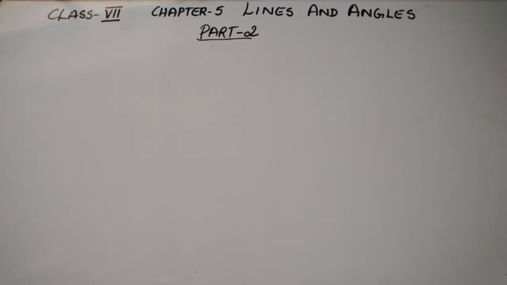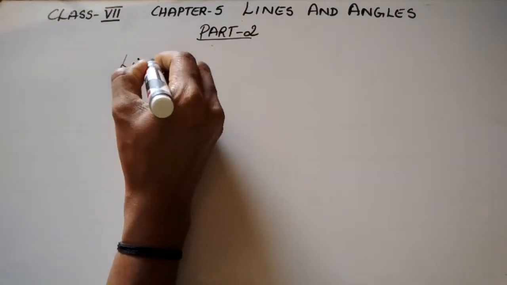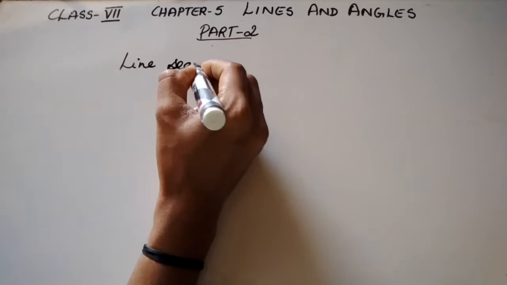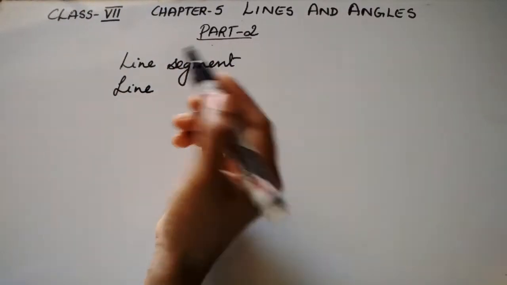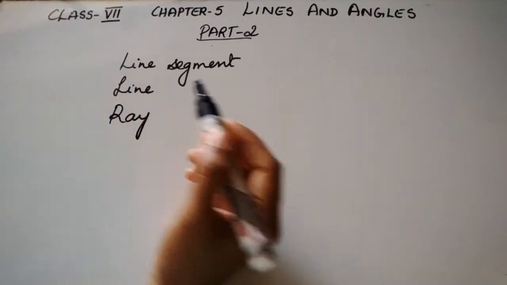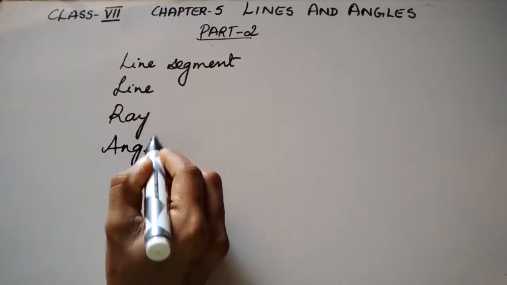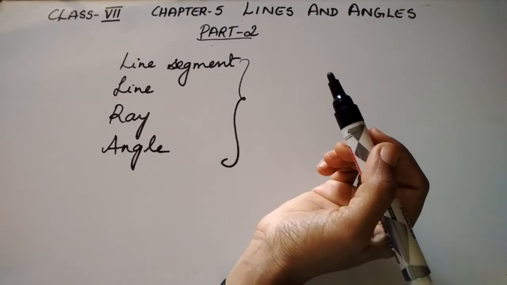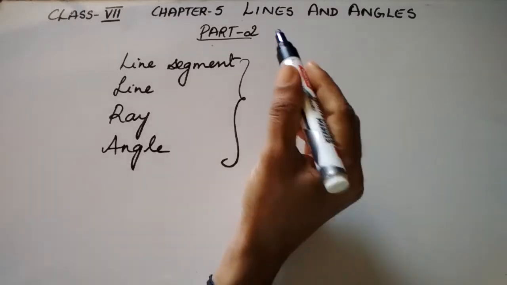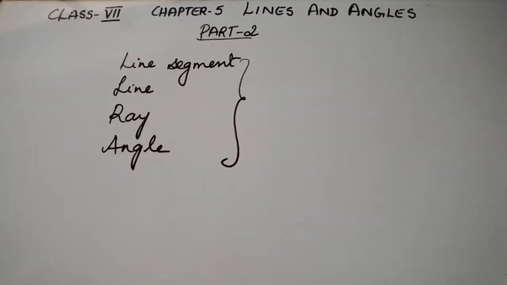We have already covered the introduction part, that is part 1, in which we learned what is a line segment. Then we learned what is a line. Then what is a ray, as well as angle. We learned these four basic terms used in lines and angles. In today's video, let us learn